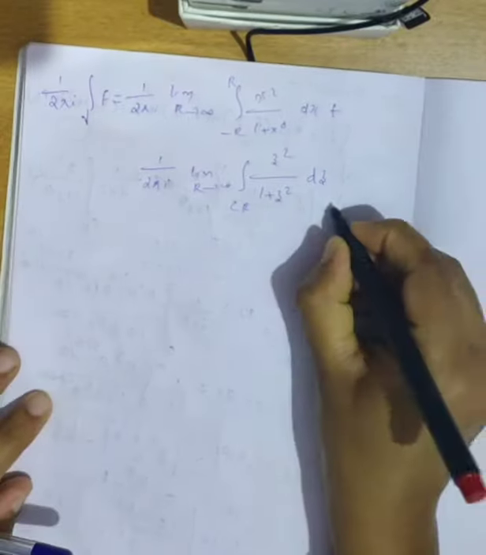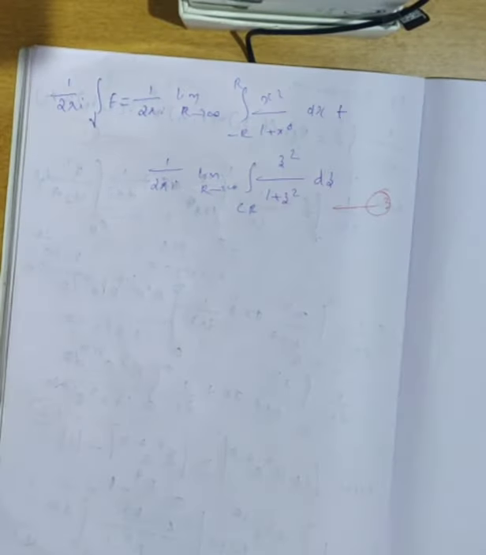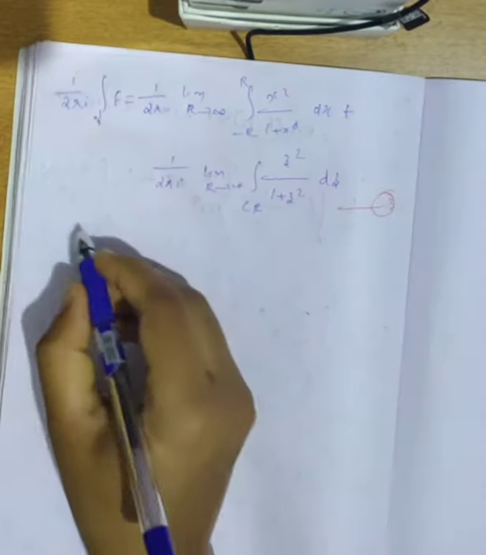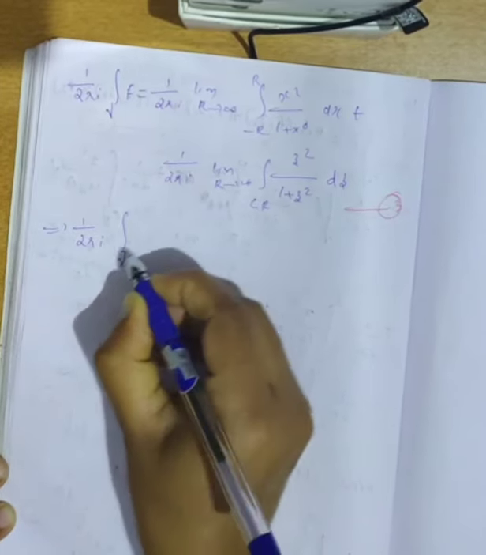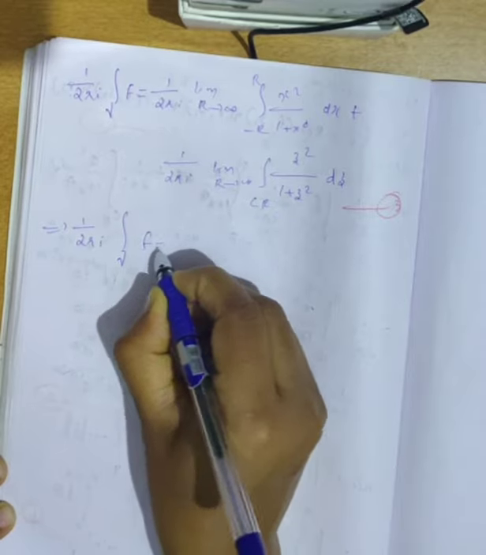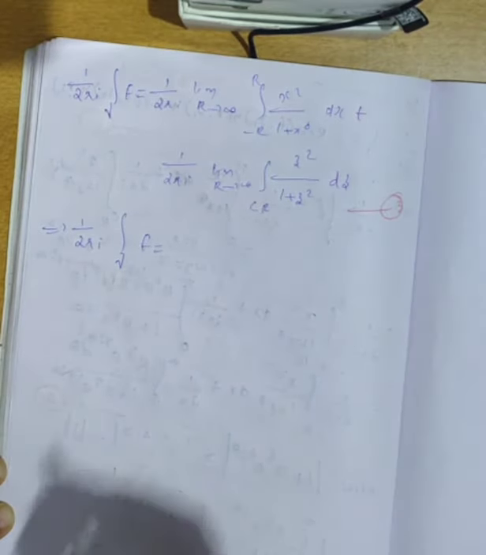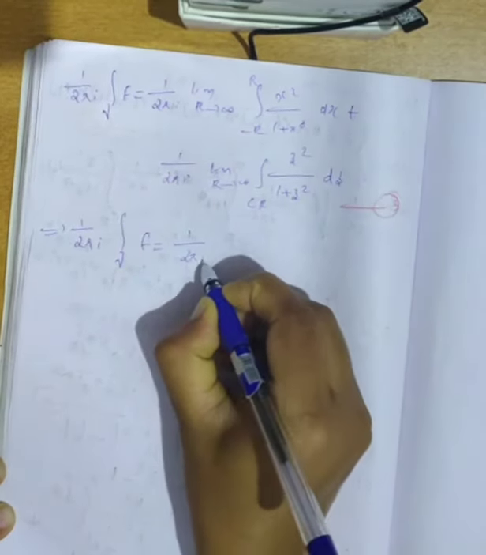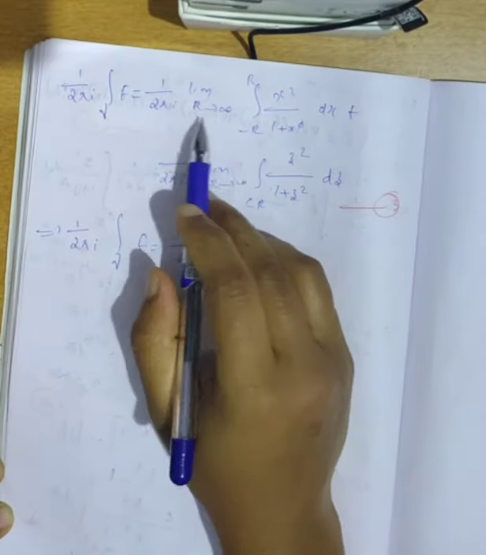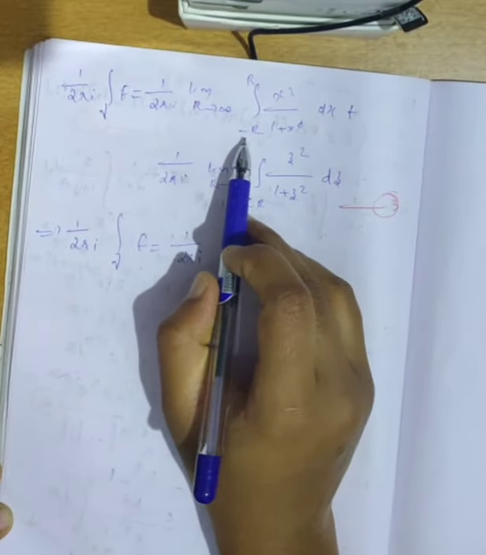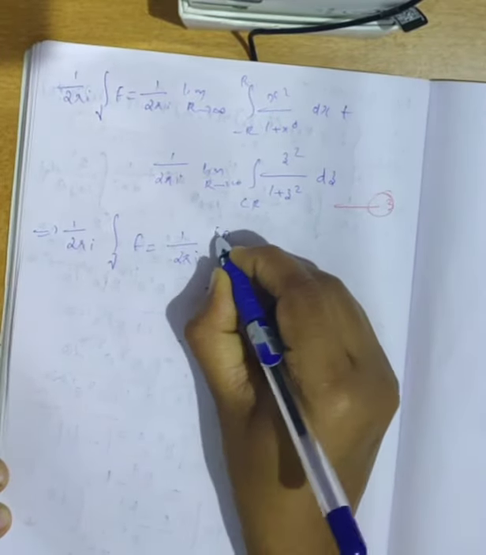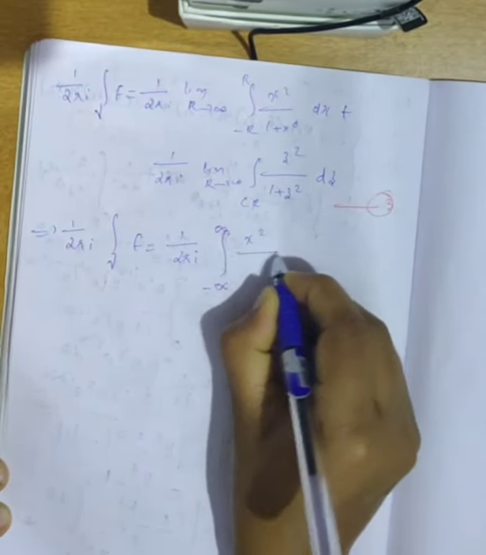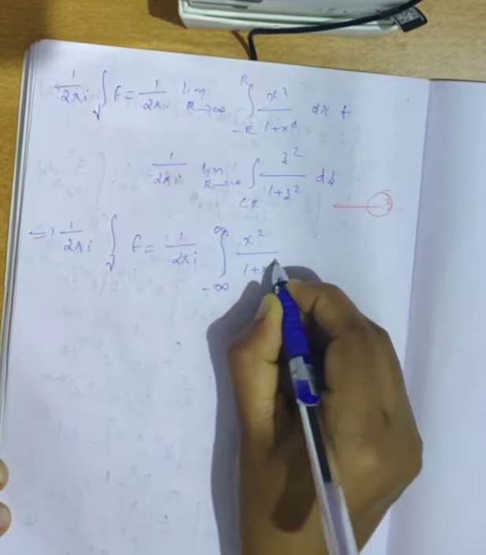Let it be some 3. Okay. Then this implies 1 by 2 pi i integral over gamma f equals 1 by 2 pi i integral, when r tends to infinity this integral from minus r to r becomes integral from minus infinity to infinity x square divided by 1 plus x raised to 4 dx,